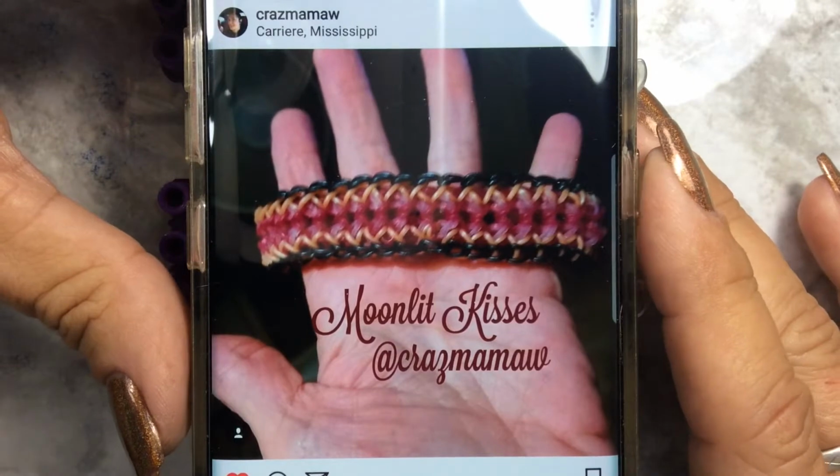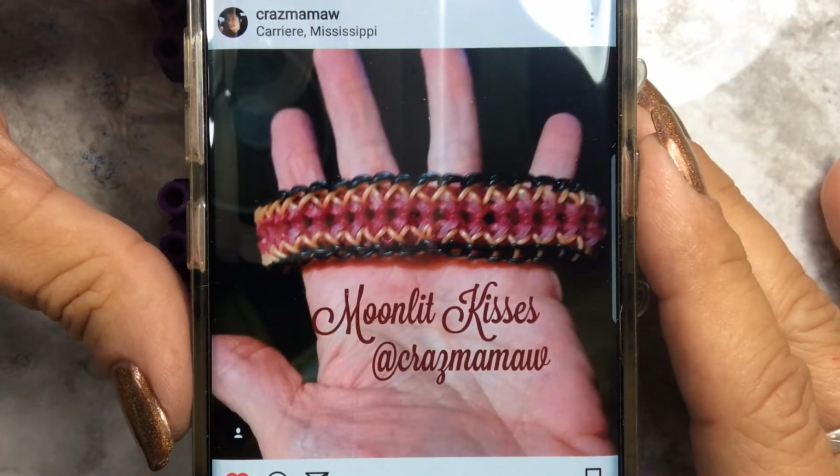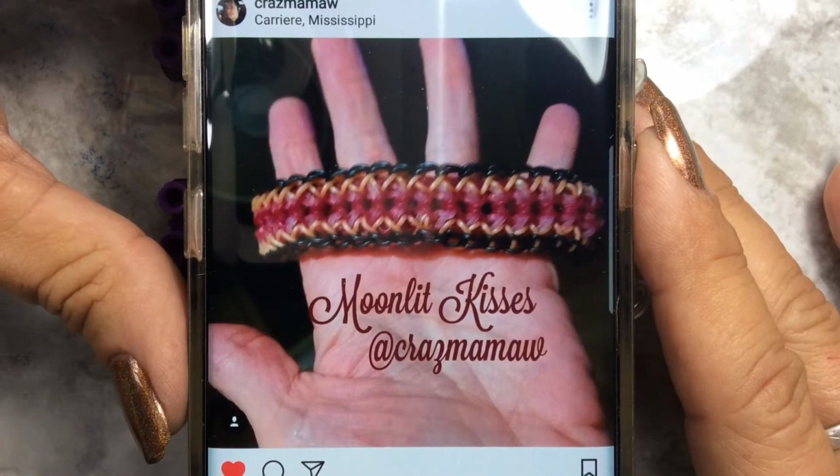Okay, so look at how pretty this is. Moonlight Kisses by Crazy Mama. Cynthia created this and has asked me to do a tutorial, and I am very, very late getting this out,